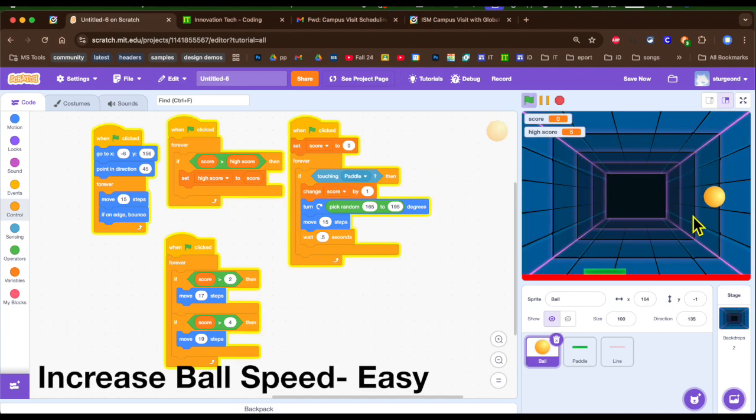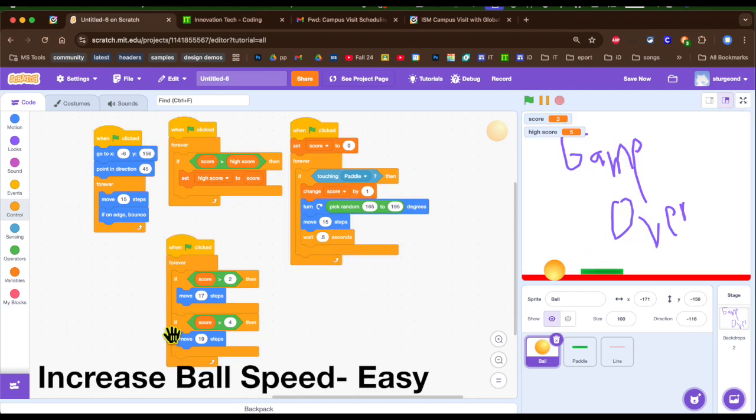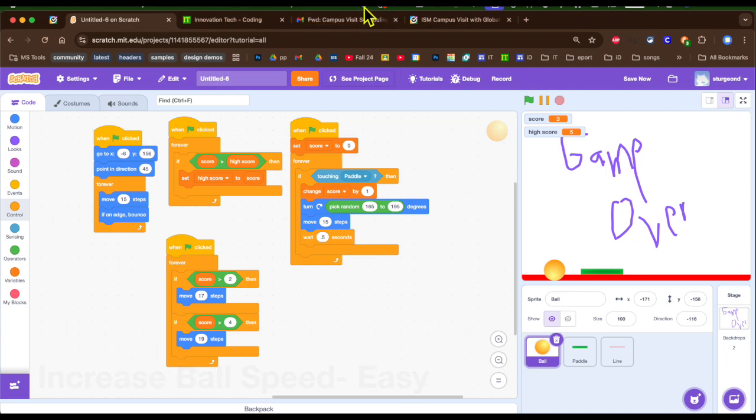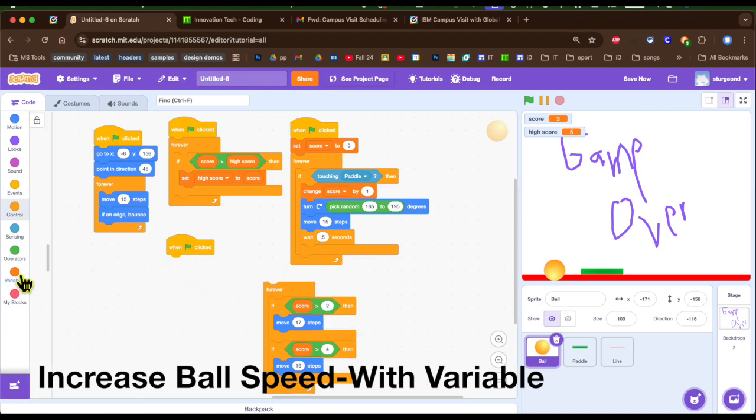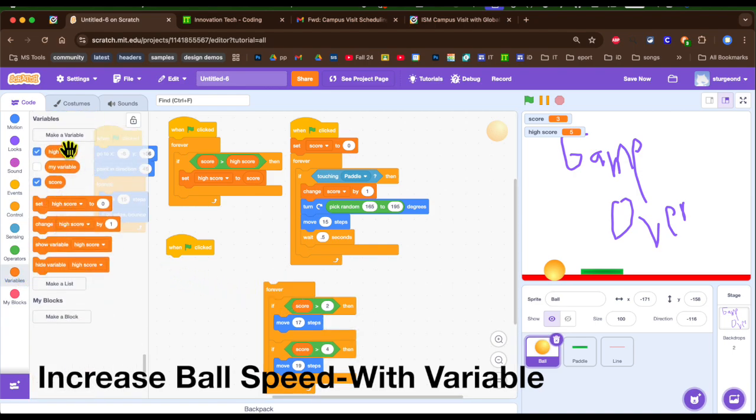Let's test that. So we're playing, and it starts off at that 15, and because it says greater than 2, it should take off now, and that seems to work. So you could have a whole bunch of these, and then you'd have a very simple way to increase the difficulty. That's just one way. Rather than have a whole series of these, what if you had something called speed, where